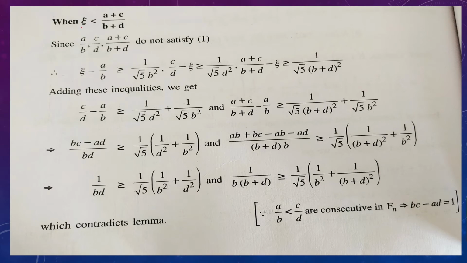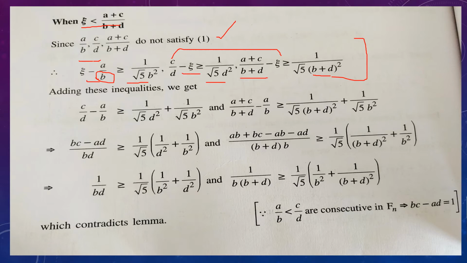As we have taken the first case, which says these do not satisfy equation number one, when we put a by b in the first equation, it will be greater than or equal to root 5 b square according to this k. If we take c by d, it will be greater than or equal to root 5 d square. For the mediant, we will take b plus d whole square, as we are taking that it does not satisfy this. In the first term we put a by b on the right hand side, in the other two, c upon d, and we take epsilon on the right hand side of the difference. Since it is a modulus, it doesn't matter.